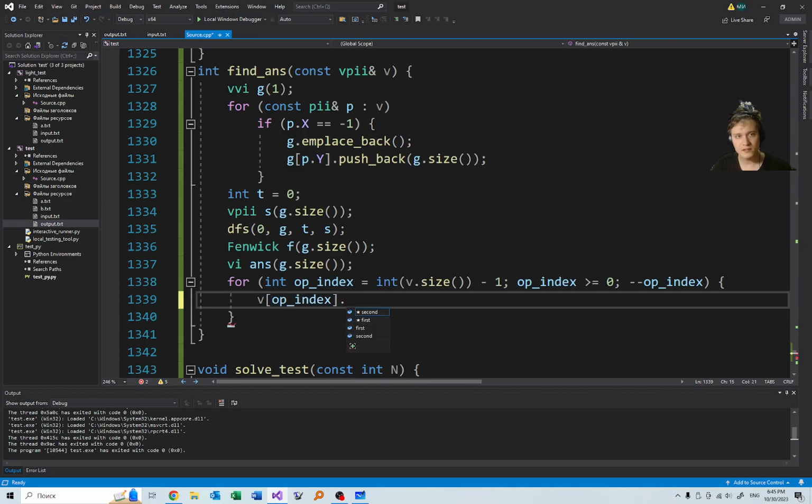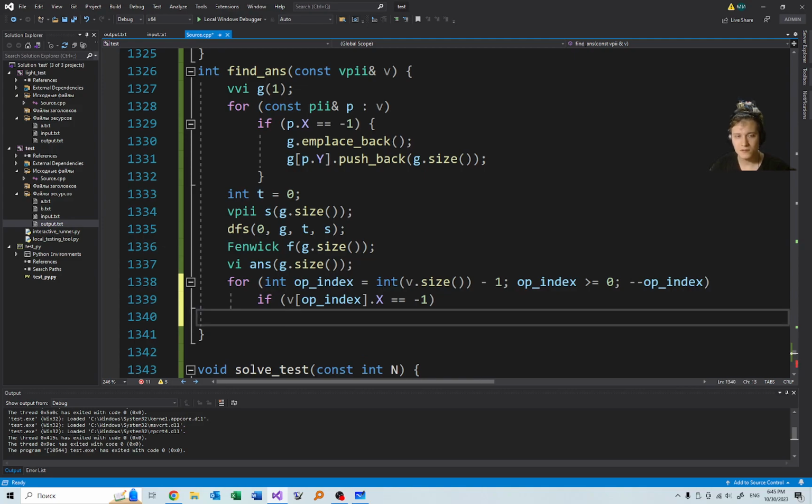Let's look at its x. Let's check if it is -1. This means that we create a new vertex. Instead of that, you just need to store the answer. So we say answer of op index.y